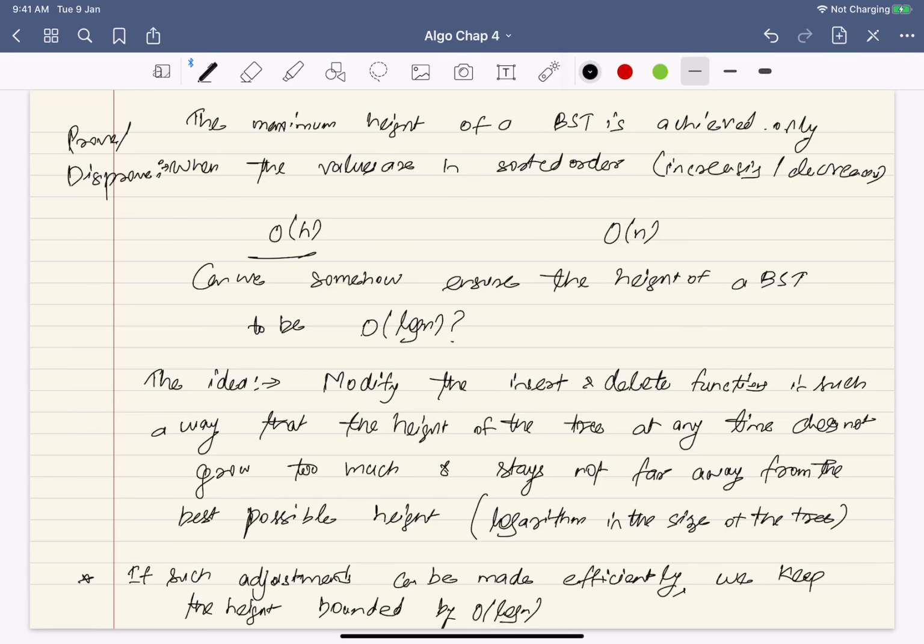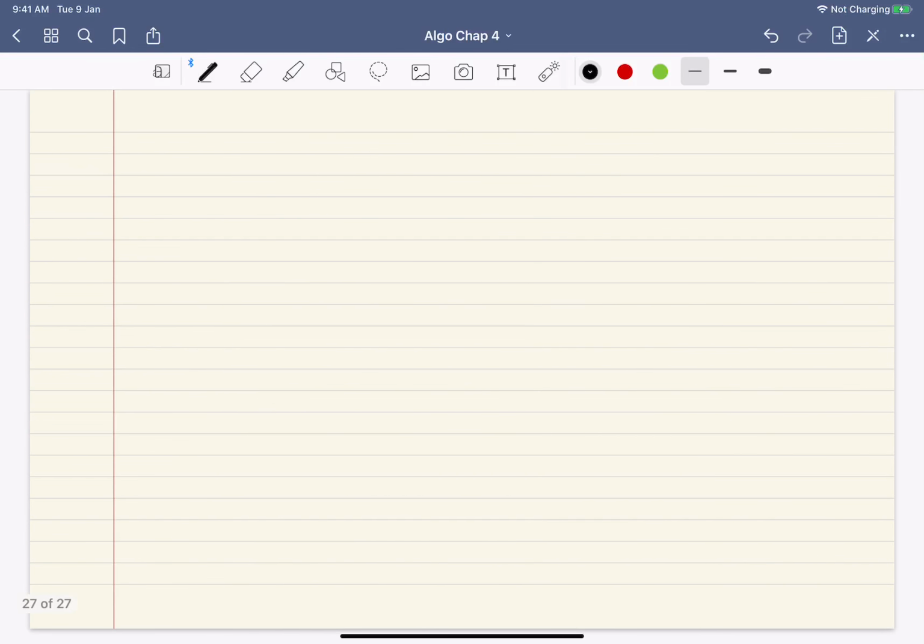And if I can do this efficiently, if I can keep the height to order log n, that means what would happen? All major operations become order log n. Okay, and that will be something interesting. Then I have a specific efficient use of binary search trees.